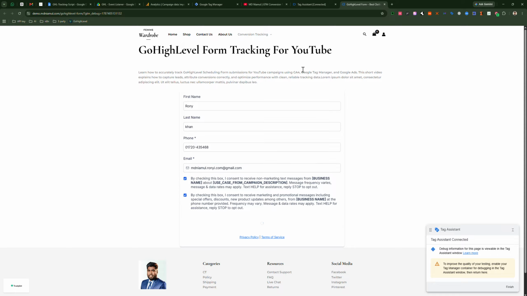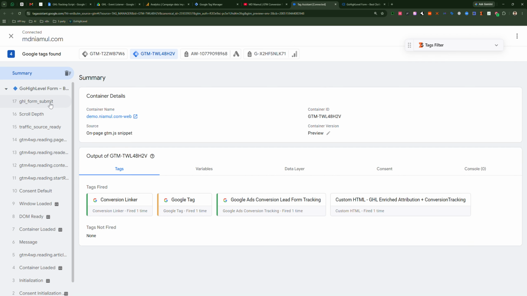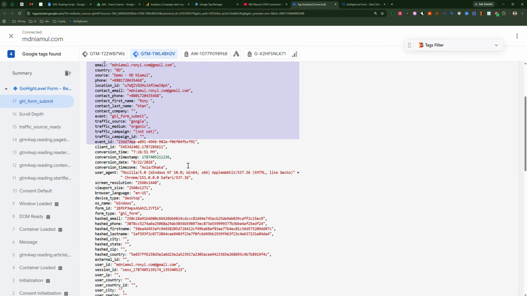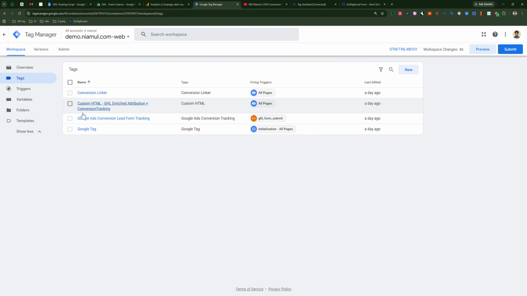Now click submit and go to Google Tag Manager, and it's already firing the GCL form submit event. You can select this one. I need to copy this event name, go to Google Tag Manager